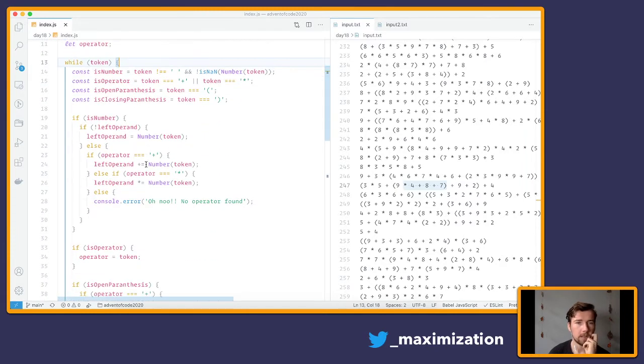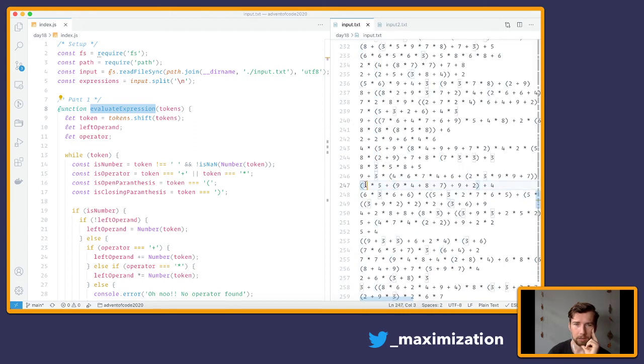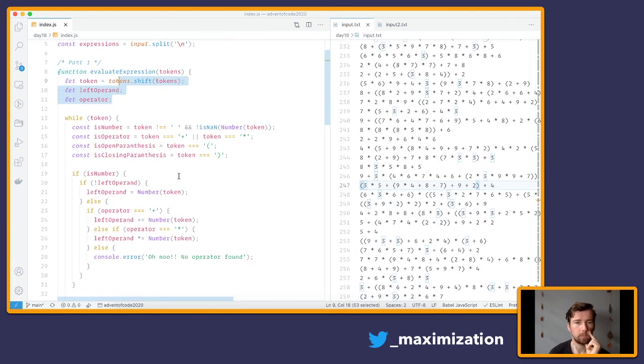Into something that's recursive. So can I remove this while loop and then have it? Yeah, because it needs to work from the inside out. So it needs to kind of like token. Because if I extract this part out, evaluate expression,